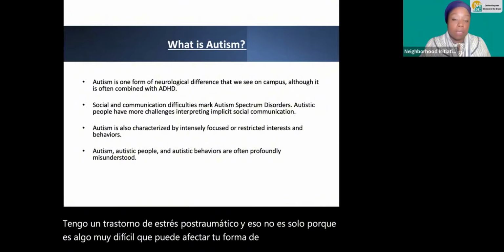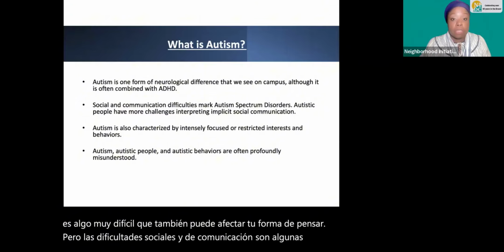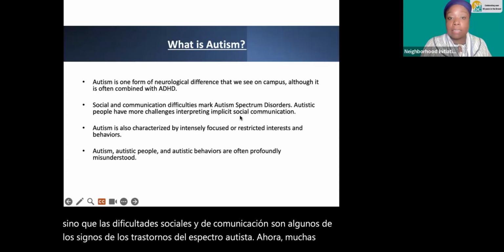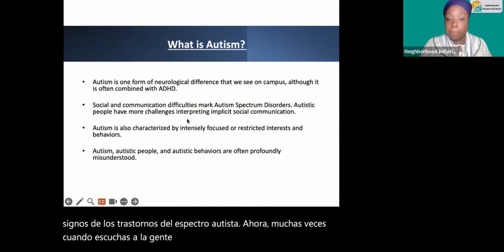But social and communication difficulties are some of the signs of autism spectrum disorders. Now, a lot of times when you hear people talk about autism, they may say,